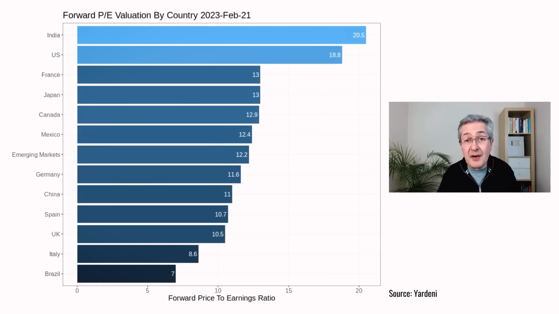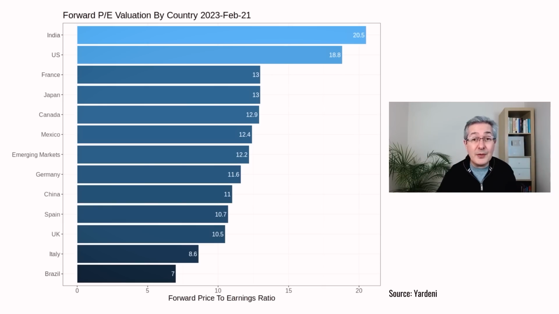That might seem surprising given the size of the US stock sell-off over the course of 2022. But of course, valuation is always relative. And if we look at the forward price to earnings ratios across the world, so here we're taking the price of an index and we divide by the forecast earnings over the next year,